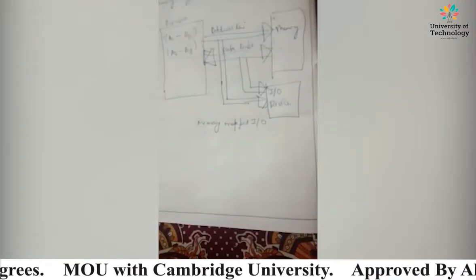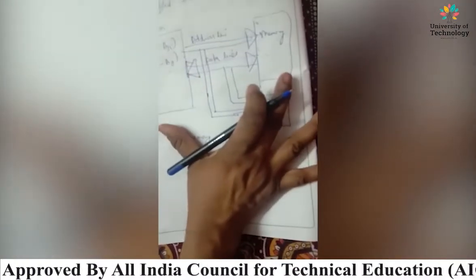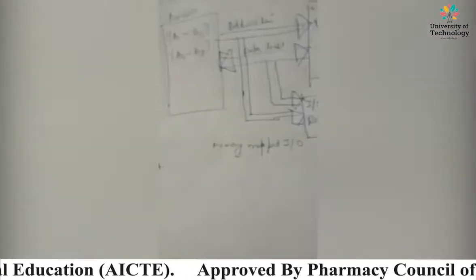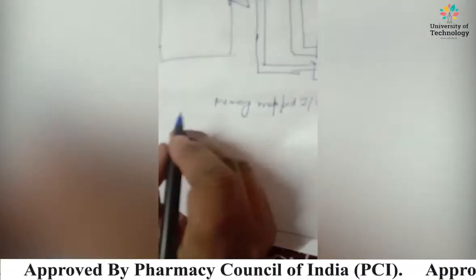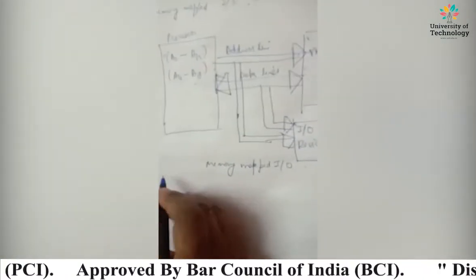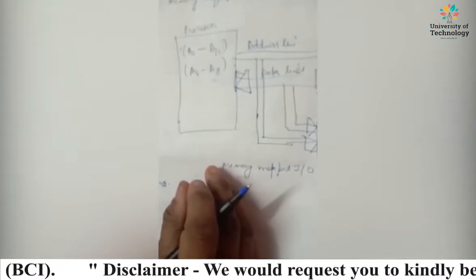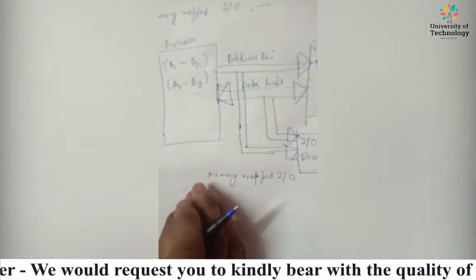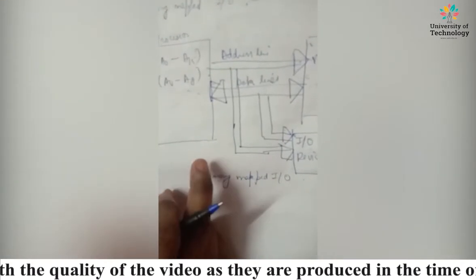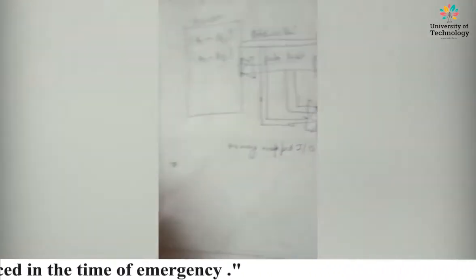I'll make you understand in points so that this diagram and the functioning of each part will be more clear to you. So let's take the first point. In memory mapped input output, there is only one address space. This is really important. In the interfacing, a memory location and an input output device cannot have the same address. Since there is only one address space, they can never have the same address. It has to be different.